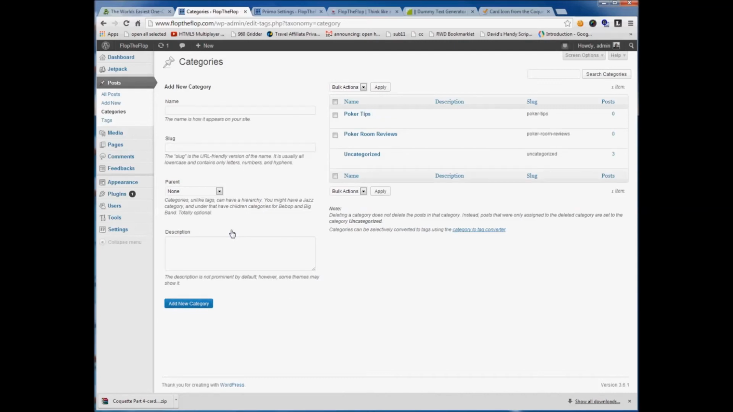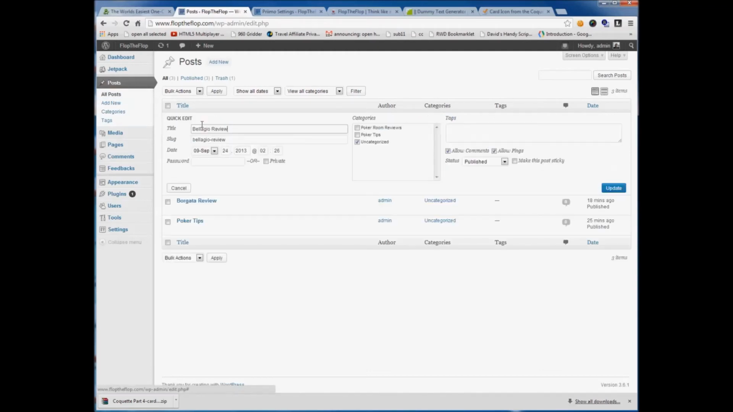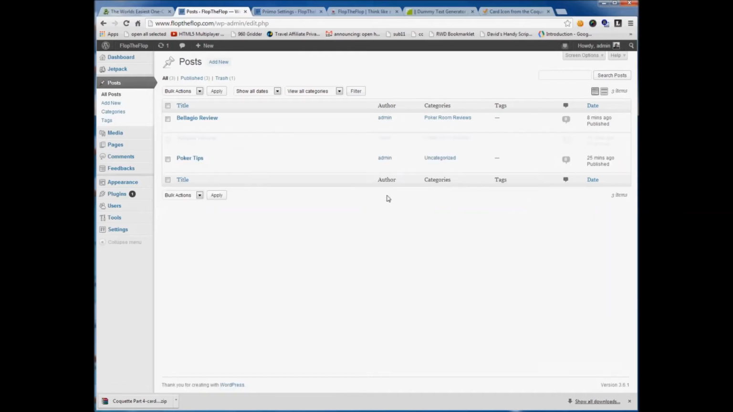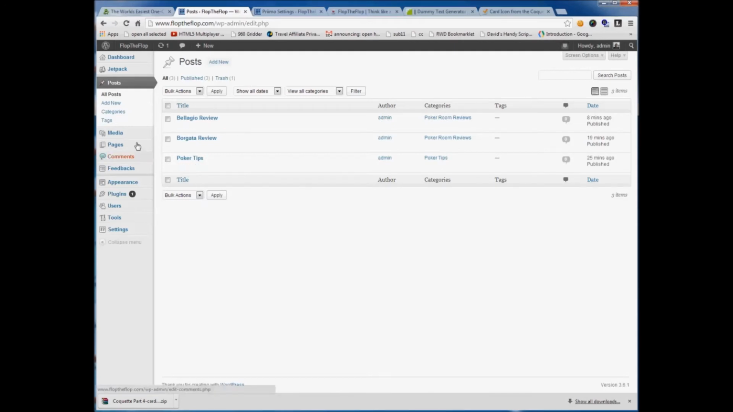Cool. Next step is to actually categorize your posts. So click on all posts, and then do quick edit. And then here, let's say, okay, this is a poker room review update. Let's go quick edit here also. Uncheck uncategorized. This is also a poker room review update. Cool. Quick edit. This is actually a poker tip update. Great. Now these are all categorized in the correct spots, but we still have to add them to the